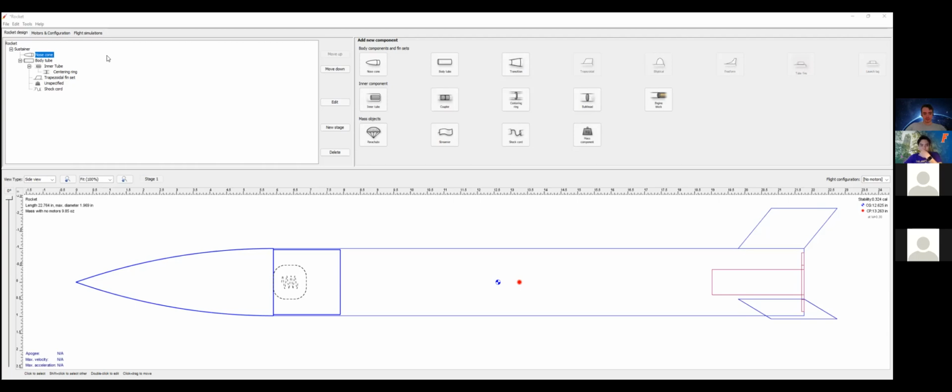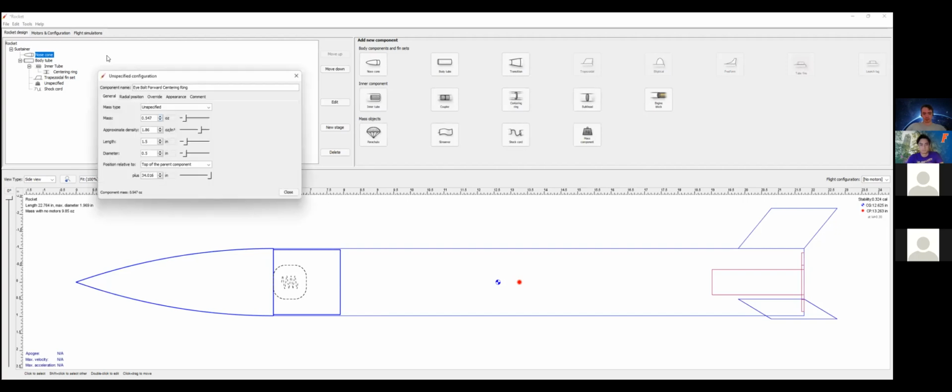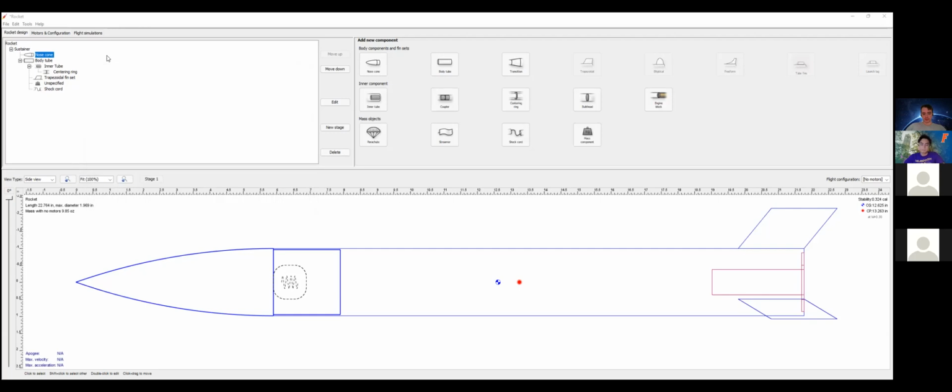This is the mass components that I was talking about. The eye bolts, the D-links, and the eye bolt on the centering ring. These are all mass components that you could add. And obviously, we're going to give you how much these things weigh so that you could make an accurate design. The centering rings, the motor tube, the motor. I'll also have to show them how to put the motor in, which is